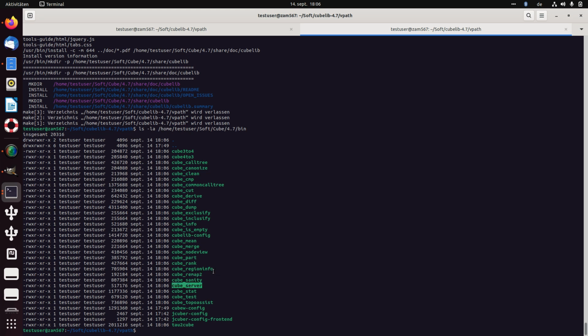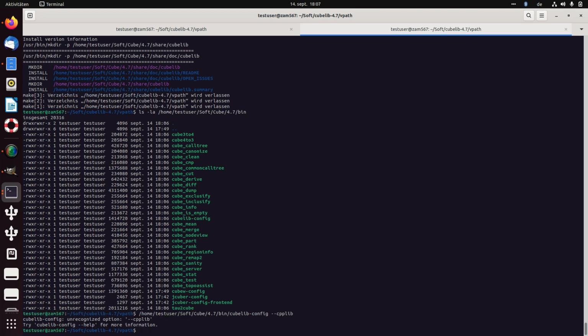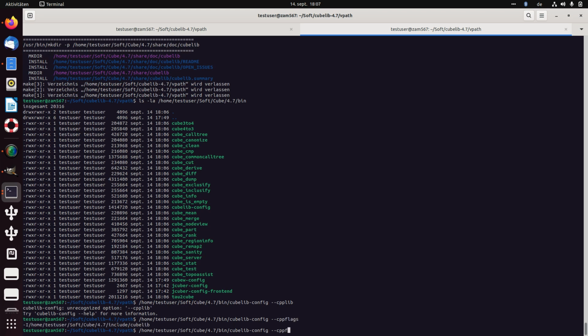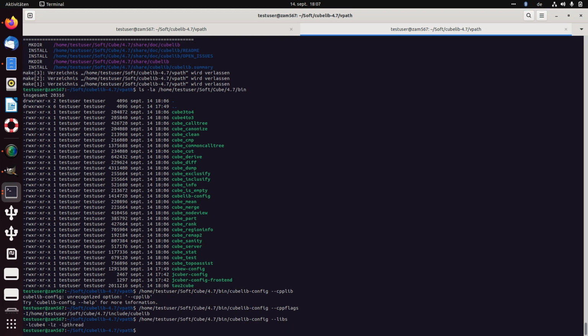If one wants to name the most important tools, probably, as well, there is a CubeLib config tool, which provides info to the user on how one uses this library. So if one would like to build a project which uses this Cube library,